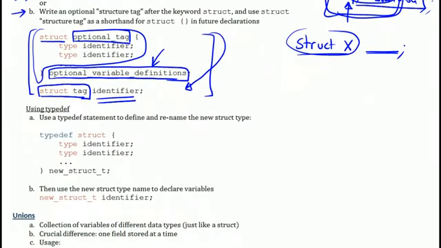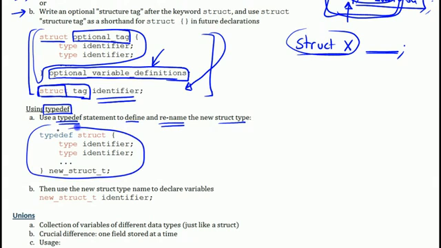Now, you notice how we have this struct that we carry around everywhere we go. What we could do is use a typedef to rename this struct type that we would have just defined to something simpler, to one word, for example. So we could use a typedef, and typedefs are used to create aliases for certain types. So what we're going to do is, after we define our new struct type, we'll rename it using a typedef. So you could do that in one single statement as shown here, or you could first of all create